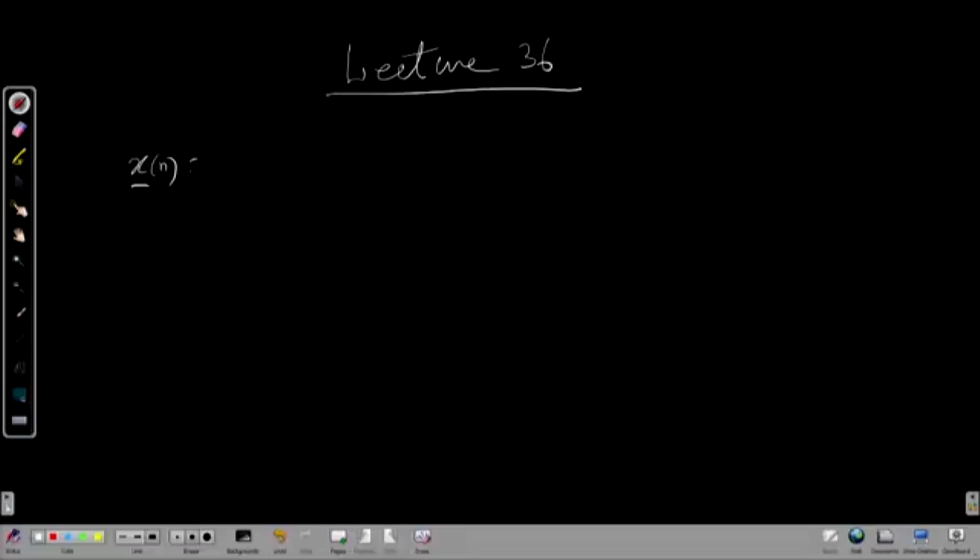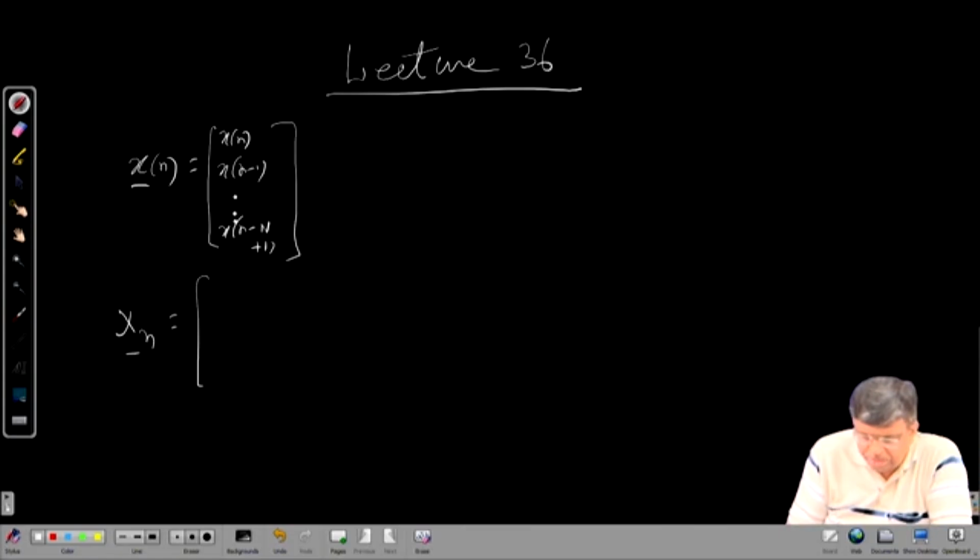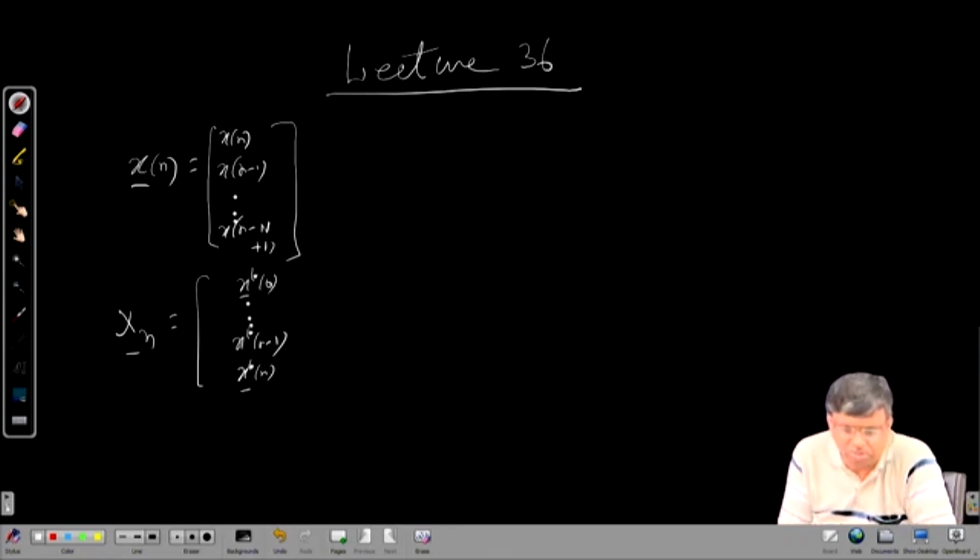Okay, so we continue from where we left last time. Some of the definitions I will rewrite again for our convenience. X n is the data vector at the filter input at nth clock, which is x of n. Then the data matrix. The last row was the transpose version of this, then x transpose n minus 1 dot dot dot x transpose 0. We are assuming all data to be 0 before n equal to 0,